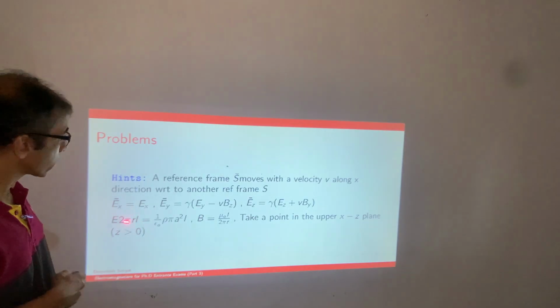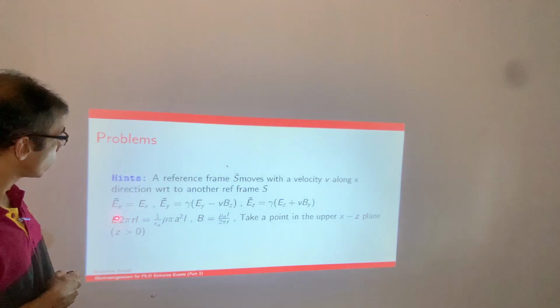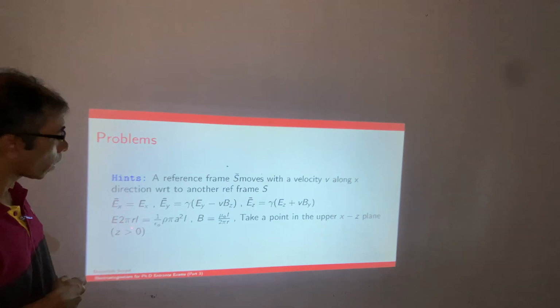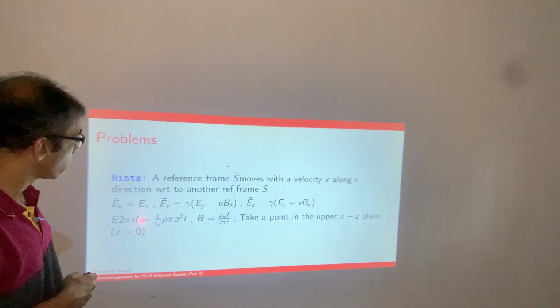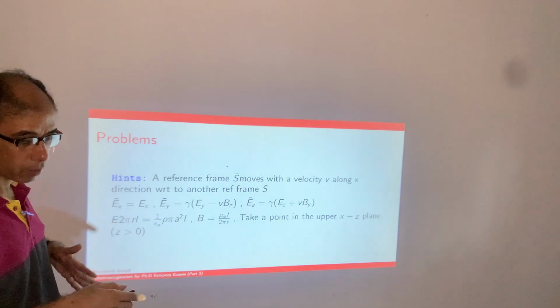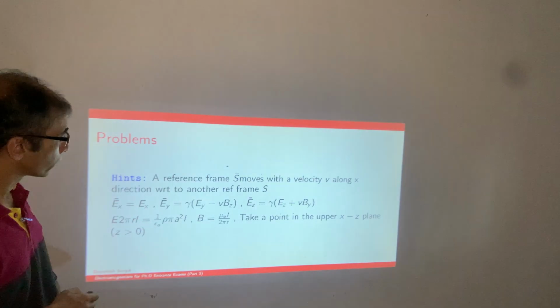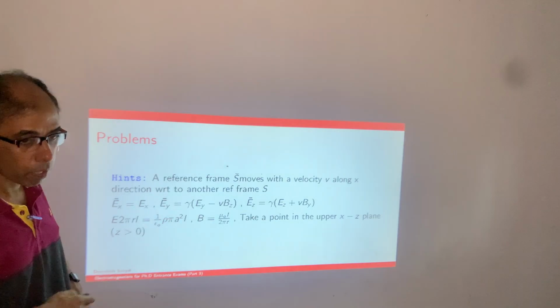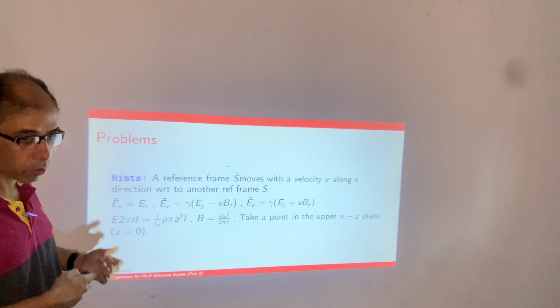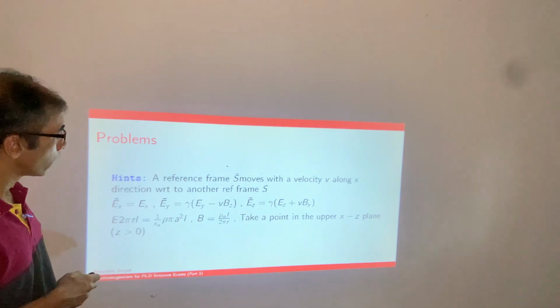The total flux across the cylindrical Gaussian surface is E into 2 pi r, where r is the distance of the Gaussian surface from the center of the wire, into L, where L is the length of the cylinder that we are considering. And that should be equal to the total charge that is enclosed by this Gaussian surface, which is